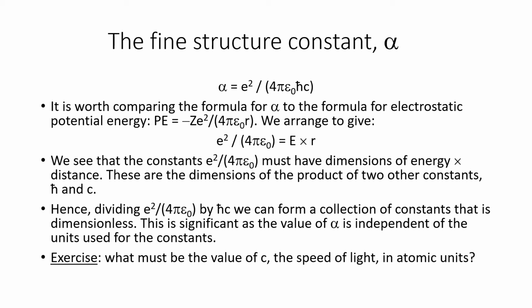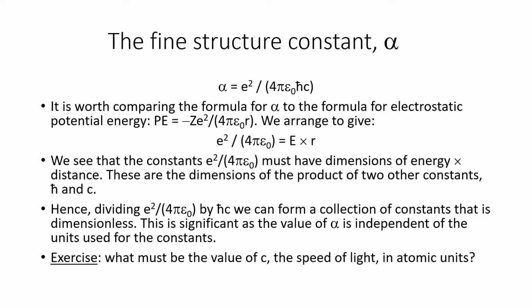So the interesting thing is that there are two other fundamental constants which, when multiplied together, have the dimensions of energy times distance. And these are Planck's constant and the speed of light. So Planck's constant is in units of joule seconds, energy times time, and the speed of light, obviously speed, that's distance divided by time. So when you multiply those together, the time cancels out and you get a quantity which